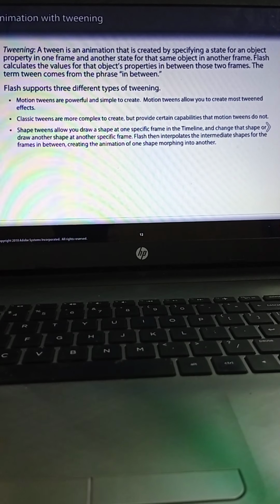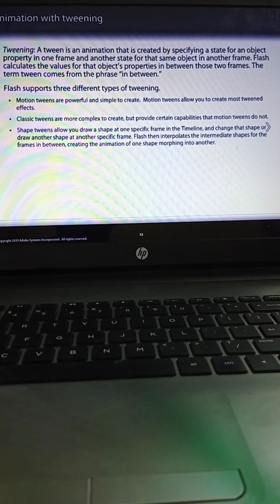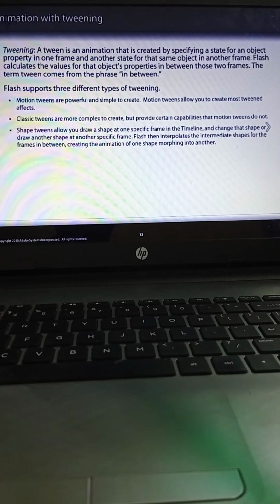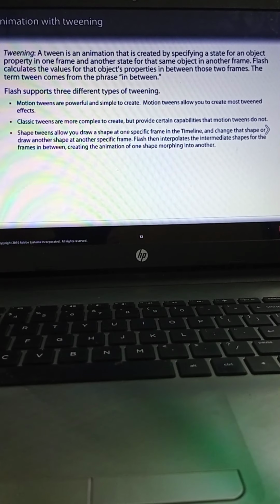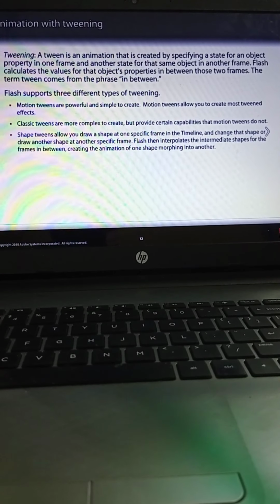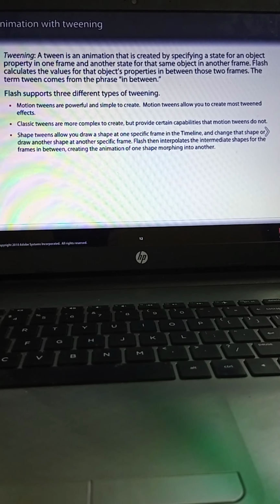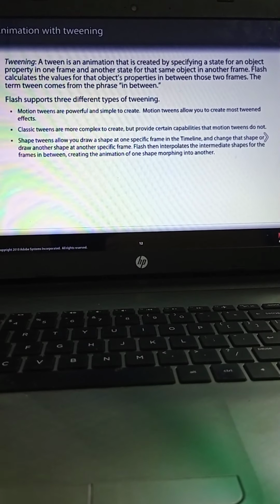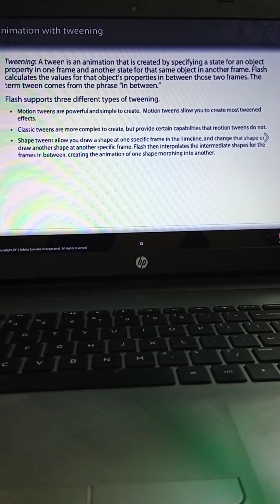Flash calculates the values for that object's properties in between those two frames. The term tween comes from the phrase in-between. Flash supports three different types of tweening: motion tweens, classic tweens, and shape tweens. We will discuss these in the next class.